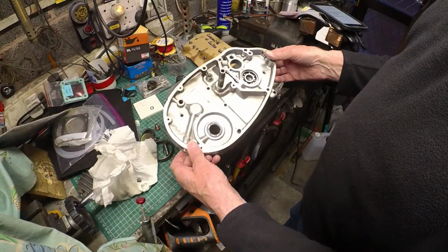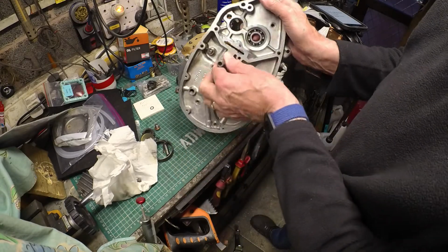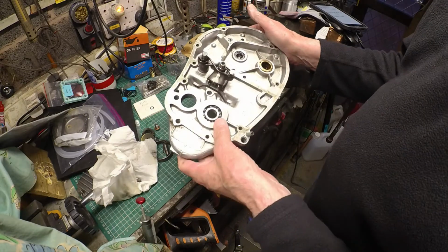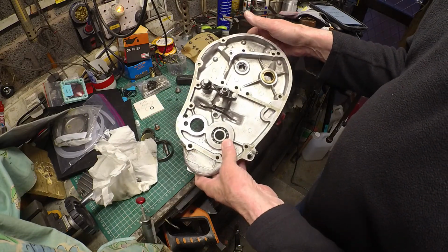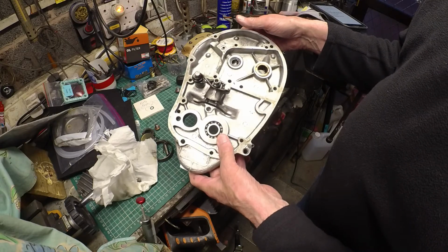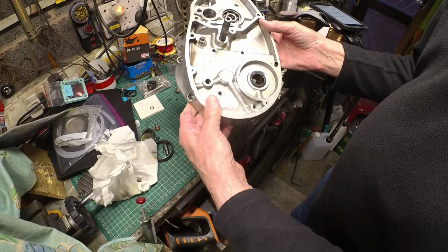So one of the reasons for taking this apart, from the poor scavenging, which I realised now I could have fixed without taking the bike apart or the engine apart, but yeah, the other reason is to try and stop the wet sumping. So I've taken out the non-return valve,